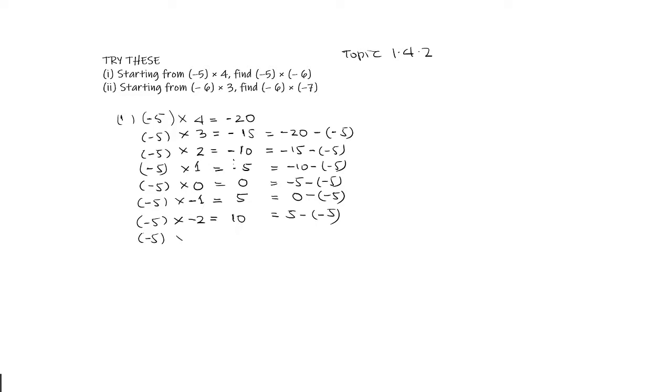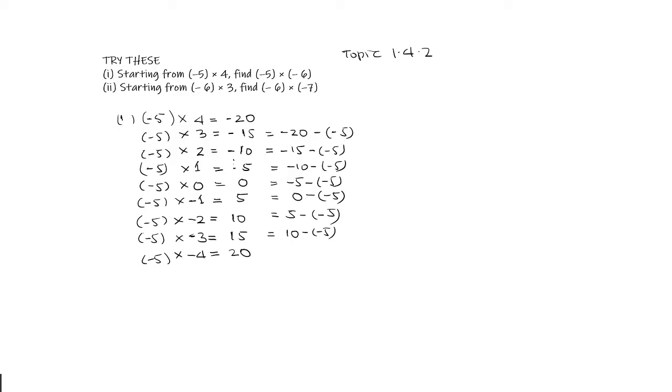Then minus 5 multiplied by minus 3, and on adding 5 to this I get 15. 10 minus minus 5. Then minus 5 multiplied by minus 4. I add 5 to this, I get 20 here,